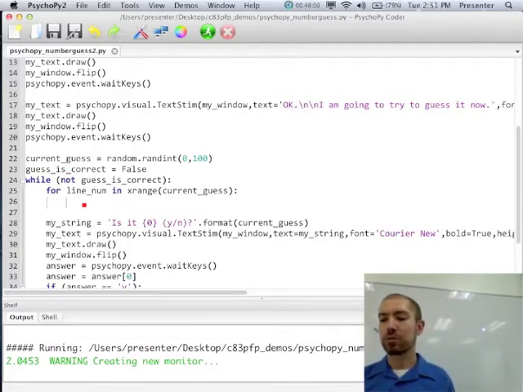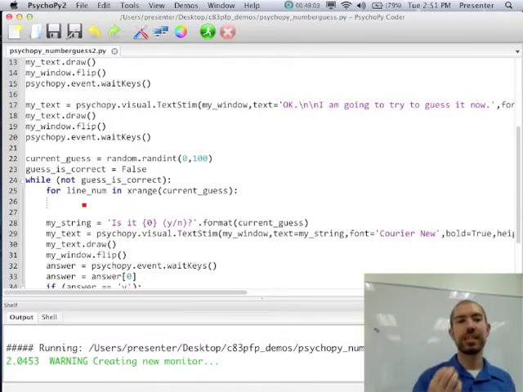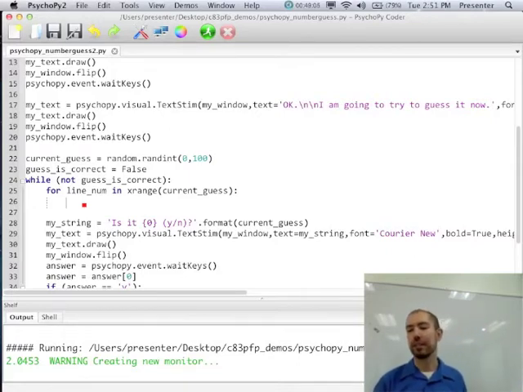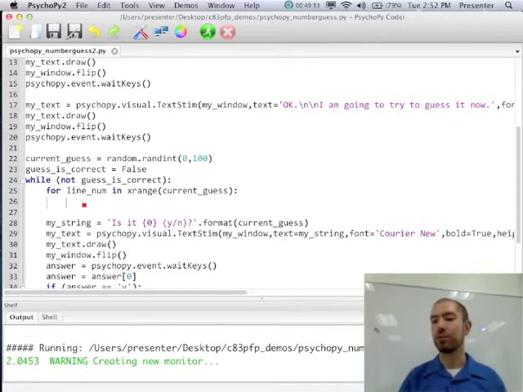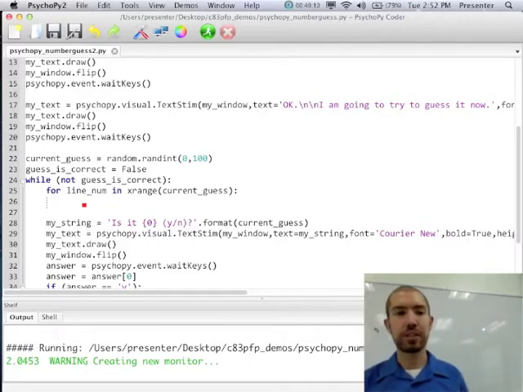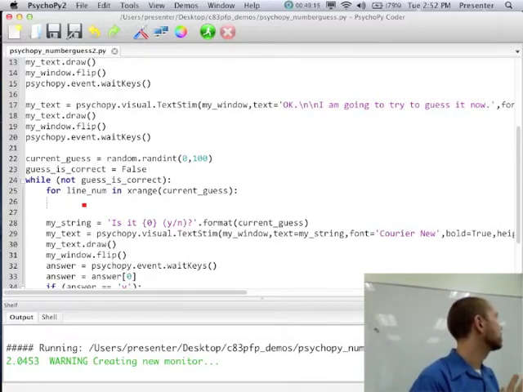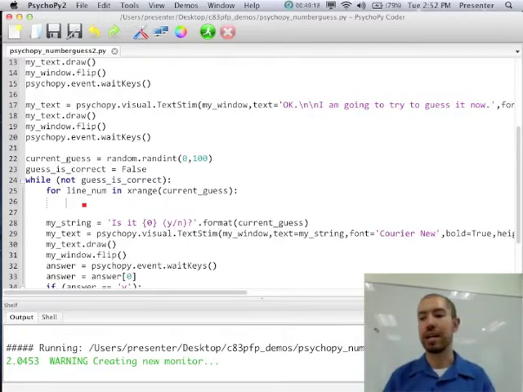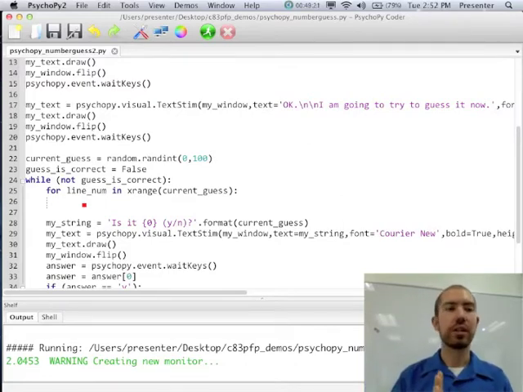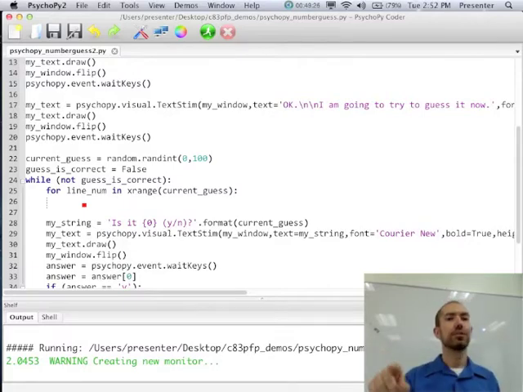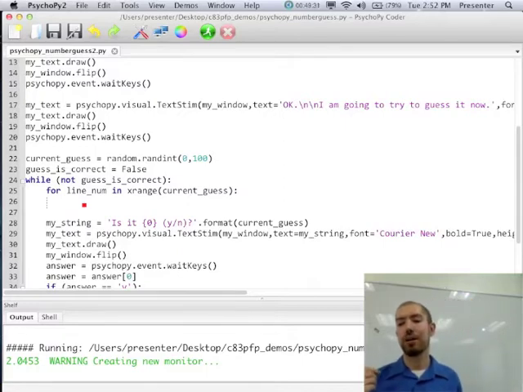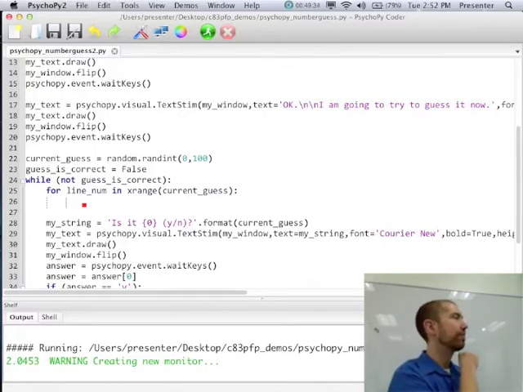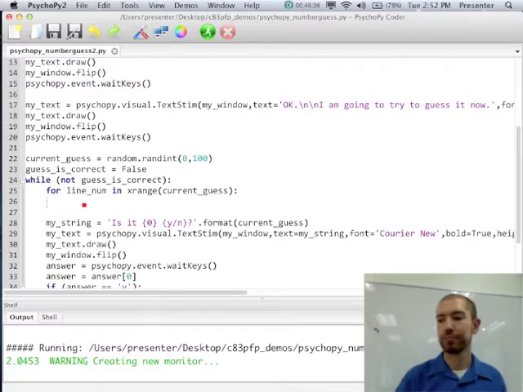Okay, so for each line, we're going to do something. So we're going to have to pick some more information about this line, like where it is, right? And then we're going to want to draw it. So the first thing we'll want to do is pick a random location for where the line is going to go, right? So that's going to need an X and a Y coordinate, because obviously your screen has both horizontal and vertical coordinates, right? So if we want to pick where the line goes, we need to figure out where it goes horizontally and where it goes vertically, okay?